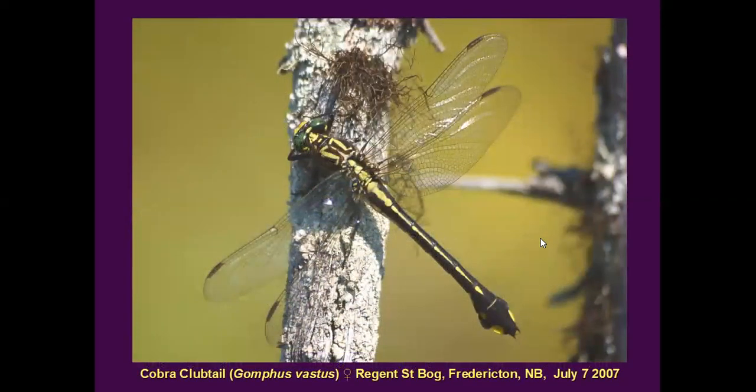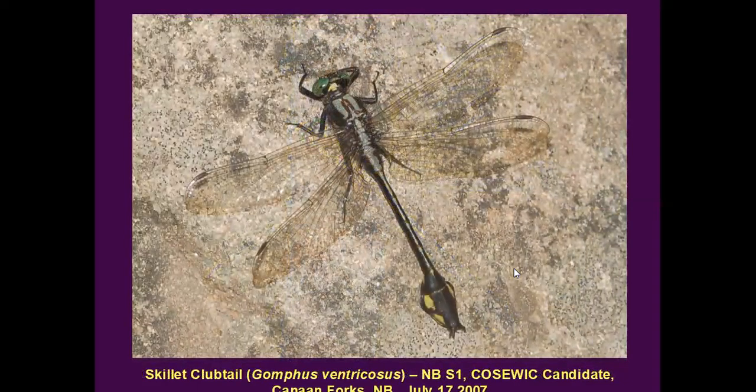Now we get into a few of our much less common clubtails that really wear their name well. They really do have clubtails. So the cobra clubtail here, and the endangered in Canada skillet clubtail, which is known from pretty much just the St. John River watershed below the Mactaquac Dam and